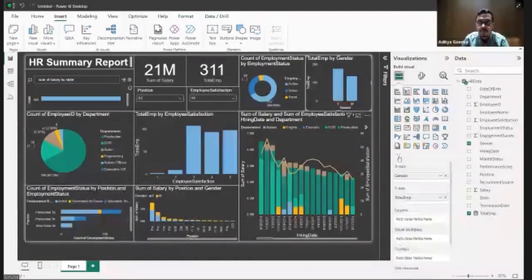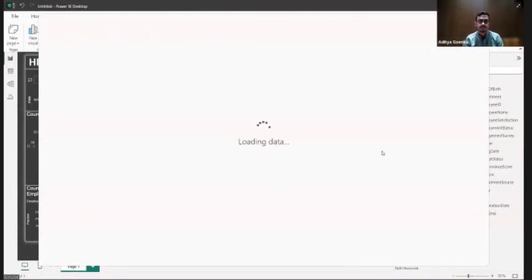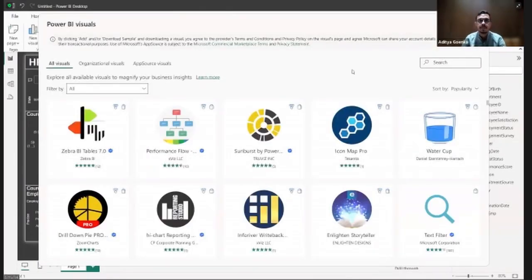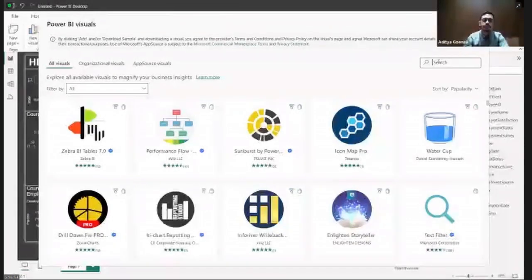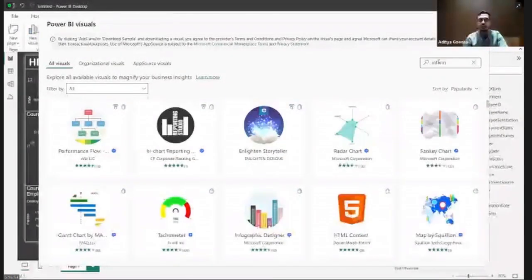Click over here. Do you see these three dots over here? Click on get more visuals. Once you click on get more visuals, you will find a lot of options on the different sorts of visualizations that you can add to your Power BI window.